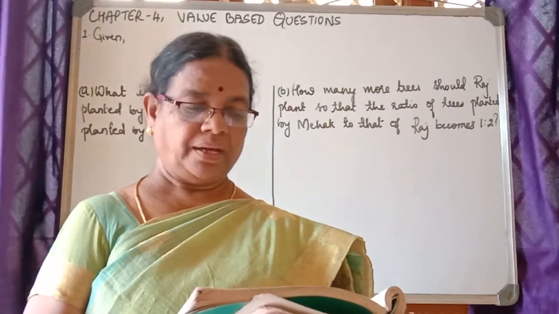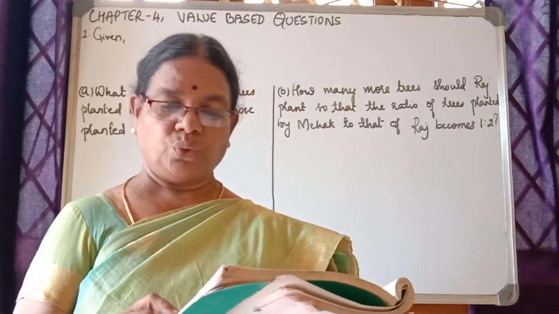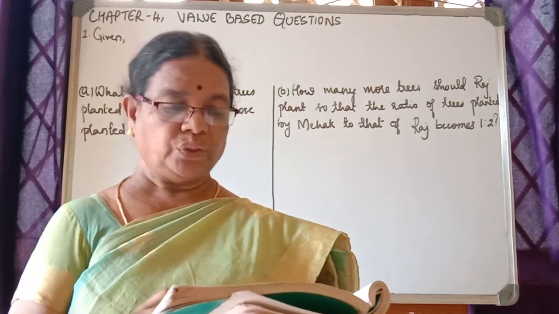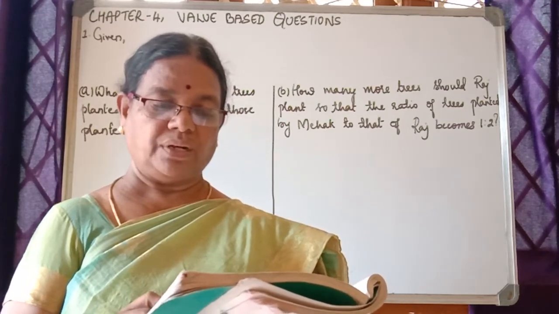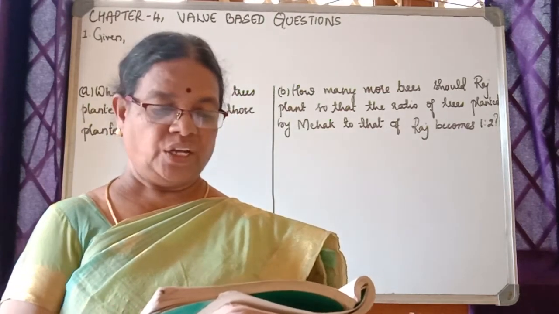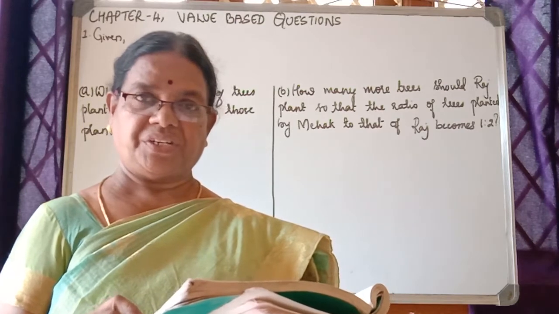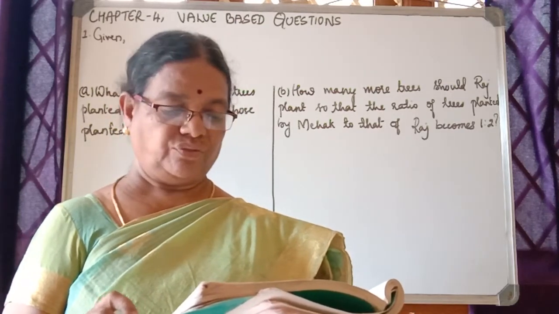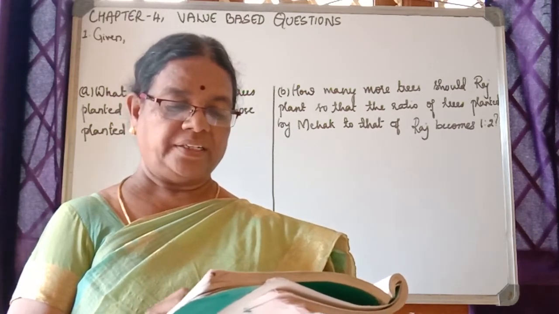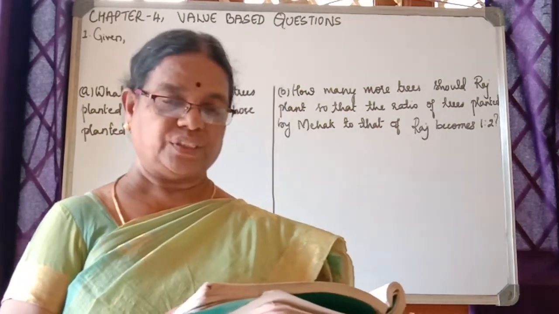Second question. Mehak, Harpreet and Raj planted trees in their school or its neighborhood during the Vanamahotsava celebration. They were really very happy and excited to be a part of the celebrations. Mehak planted 18 trees, Harpreet planted 24 trees and Raj planted 32 trees. Here there are three questions given. What is the first question?